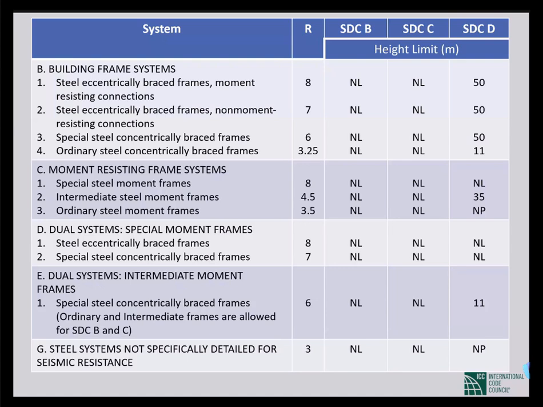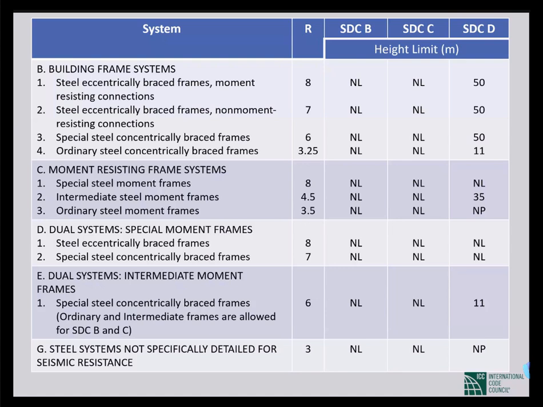Even for ordinary steel moment frames, the value of R is 3.5. Ordinary steel concentrically braced frames, the value of R is 3.25, which are more than 3. Even for the ordinary moment frames or braced frames, we will have to comply with section 1020, that is seismic provisions.